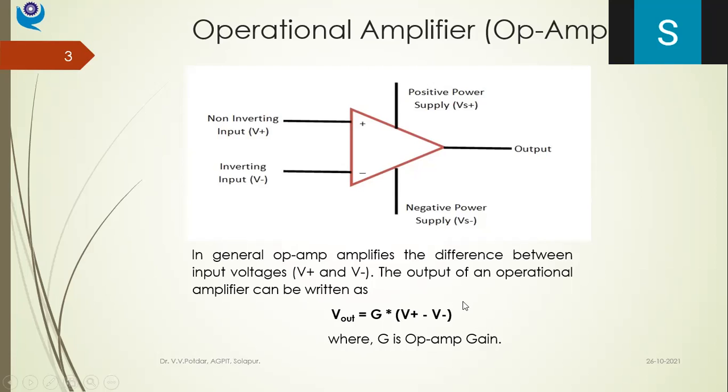So what it is doing? It is receiving the differential voltage signal, and then it is amplifying that signal by this gain factor. Suppose I want to double that signal. I will select an op-amp with a gain of 2. If I want to make it 1,000 times, like I am receiving a signal from my thermocouple as some microvolts, I want to convert it into volts, let us say, so that it can be processed easily.